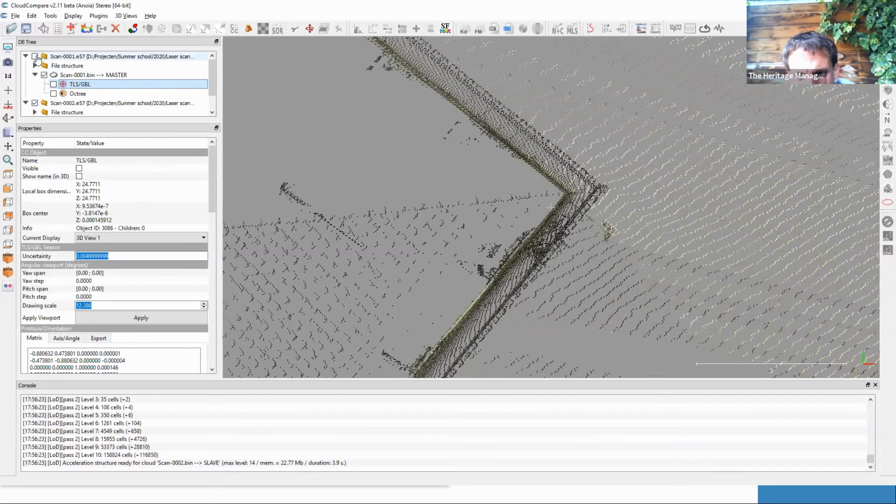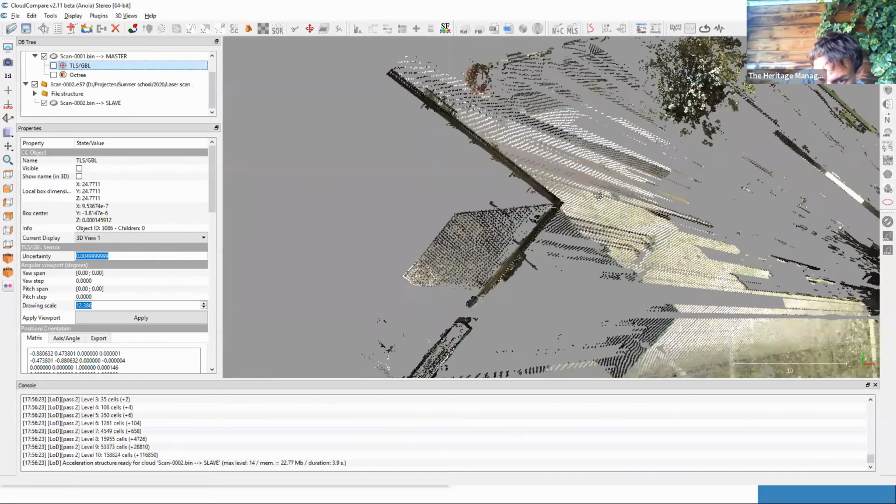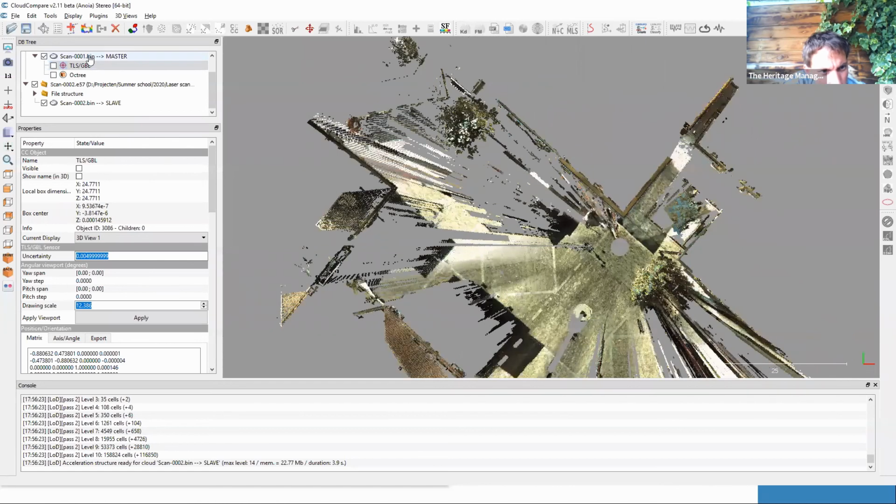I can modify that manually, but that's not very ideal. I prefer to do it for the entire point cloud at once. So what you can do is say, okay, I have here my master point cloud, I have here my slave point cloud, so I select them both, and then you go to